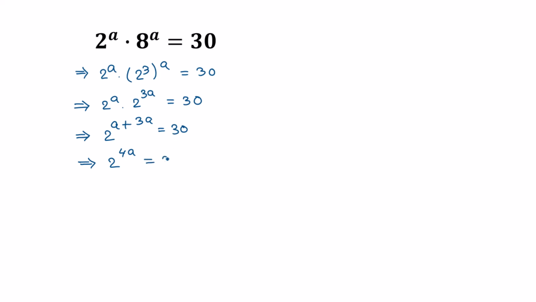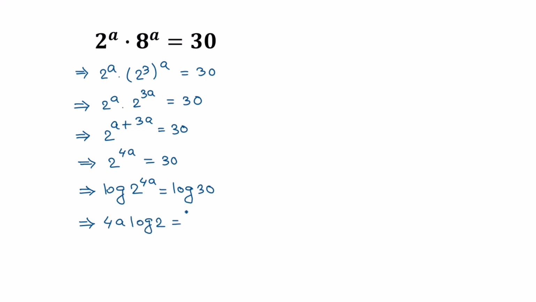Now taking log to both sides, we can write log of the left side, 2 to the power of 4a, is equal to the right side, which can be written as log of 30. We have taken this log to both sides. Or applying the logarithm formula, log a^b is equal to b times log of a. So applying this formula, 4a times log of 2